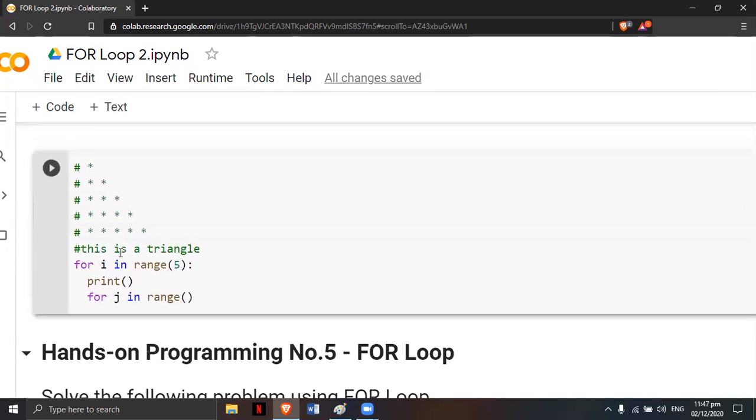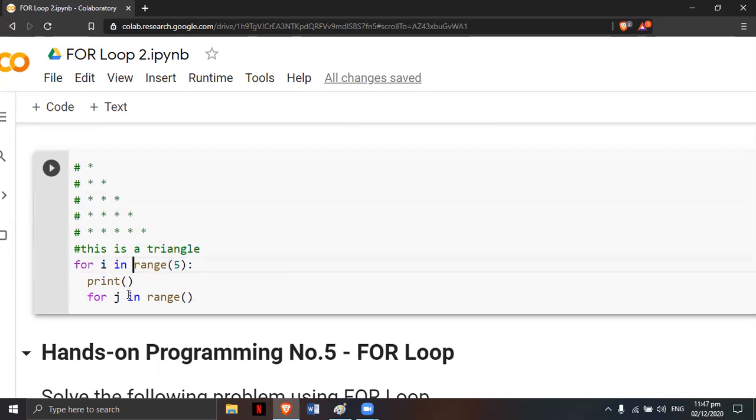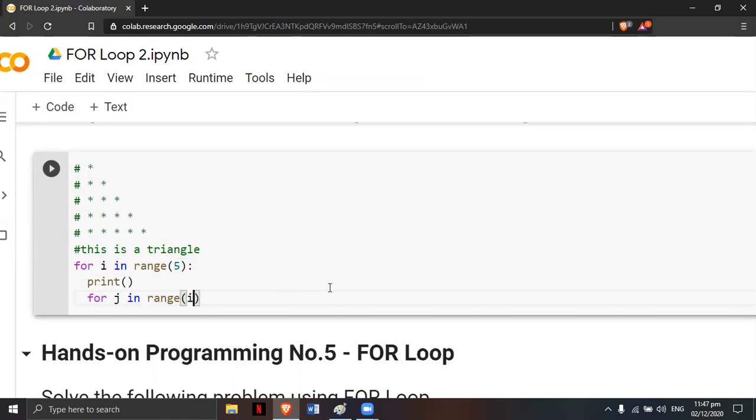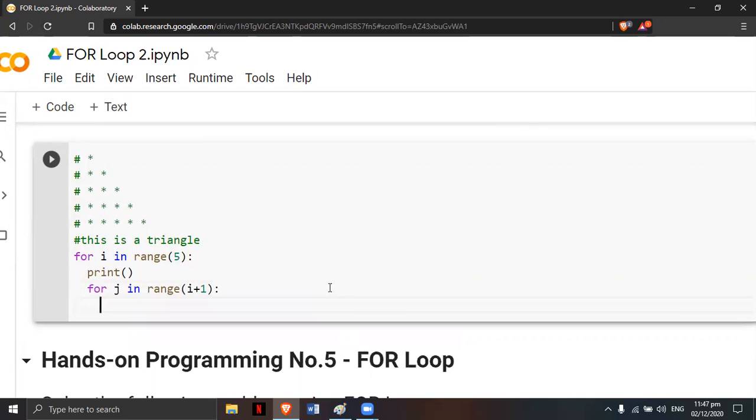Take note, initially I is equal to 0. So meaning to say, since I is equal to 0, we will use that value now to print 1 asterisk. In this case, I will be using I plus 1 because I will be printing 1 asterisk. Okay, so this is my inner loop. In my inner loop, I will print 1